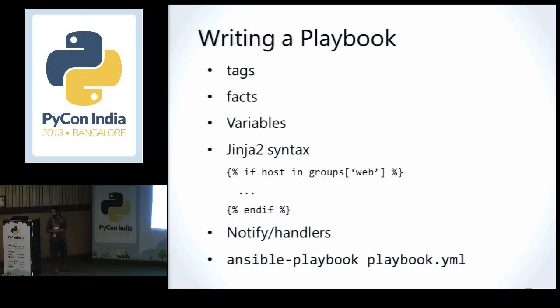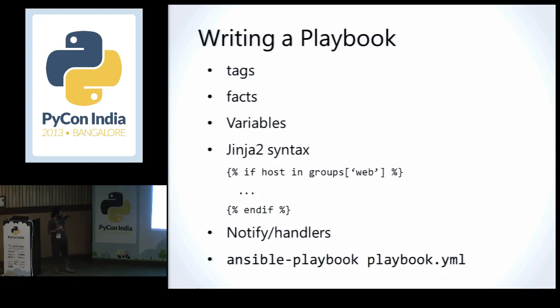When you're writing playbooks, the Ansible documentation itself has a lot of things that might be helpful. These are a couple of things which I found quite interesting in that. Tags basically allow you to tag certain tasks. You might want to run a specific group of tasks when you're running the Ansible playbook. So you can use tags to tag each of your tasks and then run exactly the tasks you want.